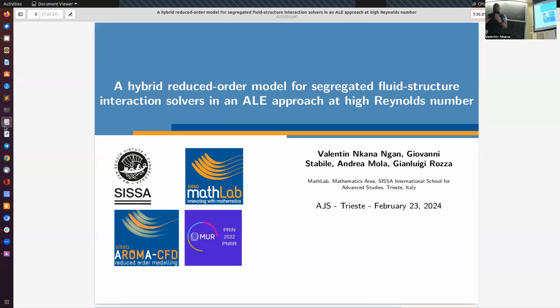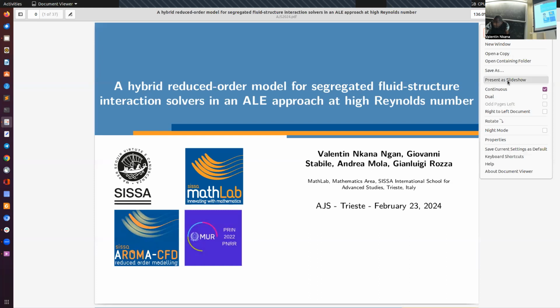This work is the second part of my PhD project. It was a continuation of the first one that I did, which was not in turbulence but in laminar regime. The main difference is that here we added some machine learning capability to predict what we call the eddy viscosity, to build the entire reduced order model.